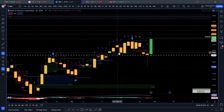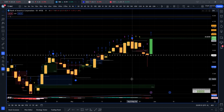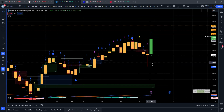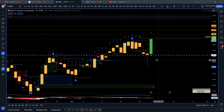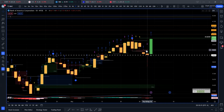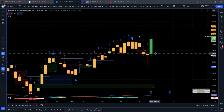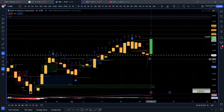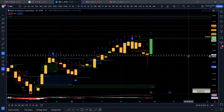Now, remember that monthly level, that previous high that I had put out there? Boom, right? It's still being respected over here at 38.60. As you can see, we could not displace back below it on that Thursday. So it held strong. If we had been paying attention to this, that probably would have made me feel more confident to take the calls, especially once that two just goes. This actually would have been a beautiful play had we been paying attention to it, because even if, let's say, you got in early at like 38, grabbing the 40s, it would have been an amazing lotto swing probably, because then you would have had multiple cons as well. So anyway,